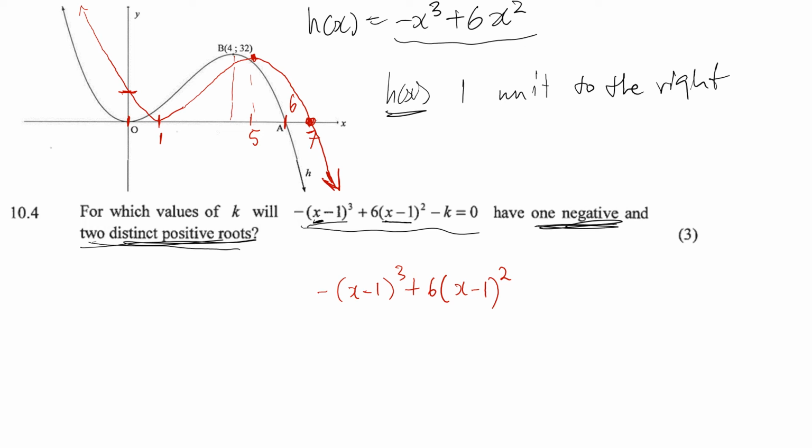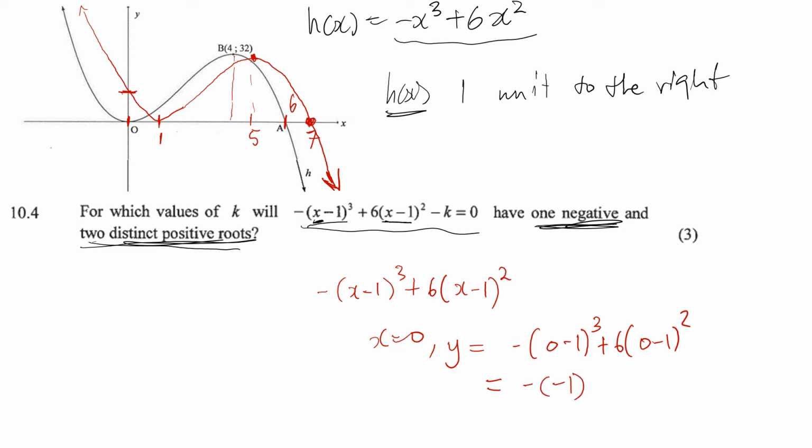If we let x equal 0, we can determine the value of y. So it's -(0 - 1)^3 + 6(0 - 1)^2, right? When you punch your calculator from the shifted graph, the y-intercept there is going to be